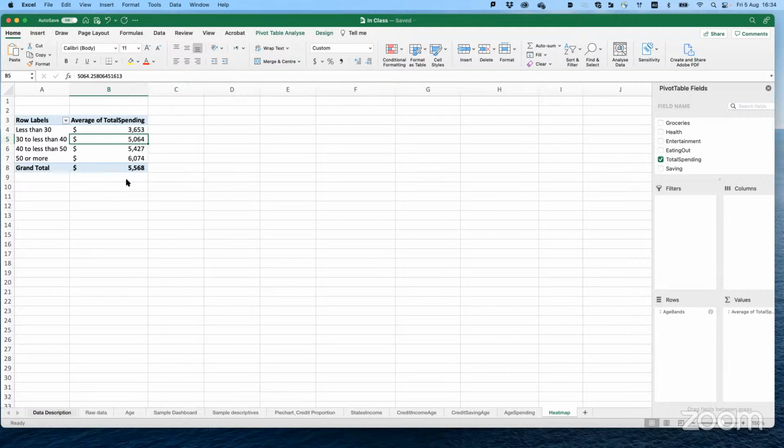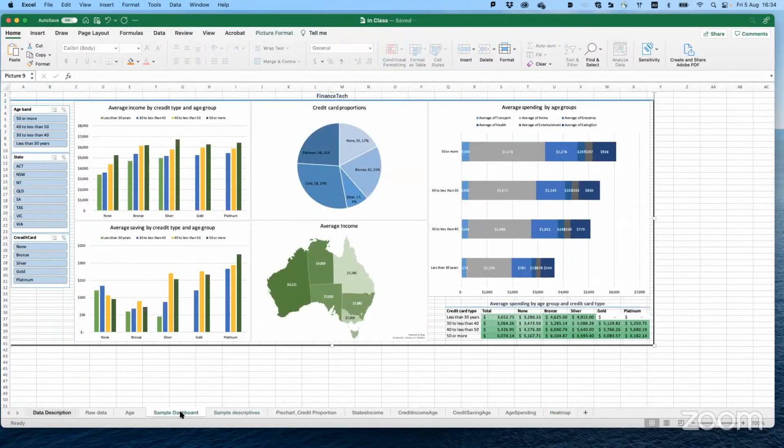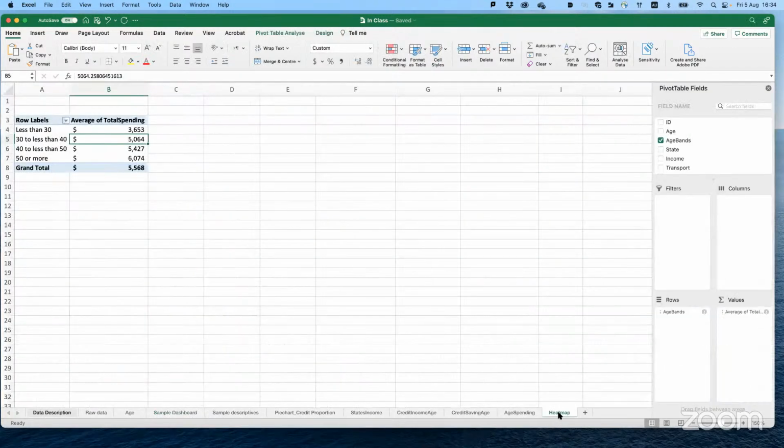So your dashboard doesn't involve a heat map. Is that okay? Yes, that's okay. But again, for the purpose of this presentation and this unit, I want you to have access to and learn about all the different techniques, and then you can decide which ones you want. Sometimes a heat map may convey the message better, sometimes not. It depends on you.